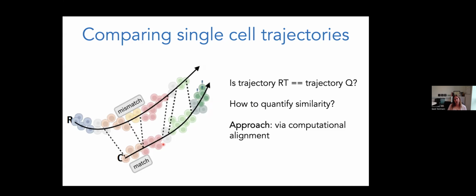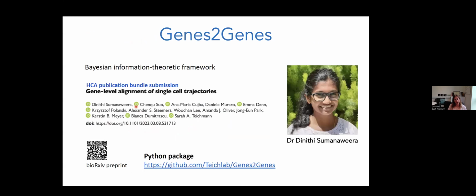So having the quantitative gene level alignment, so not only the cell level alignment in terms of matching the cells to each other in different cell states, but also having the gene level alignment of single cell trajectories is really useful in telling us which transcription factors we have to add, which signals we have to add into the dish when. And a Bayesian, information theoretic framework to do this at the gene level for the first time instead of at the cell level is something that we released recently on bioRxiv.